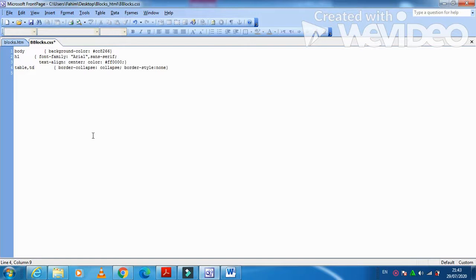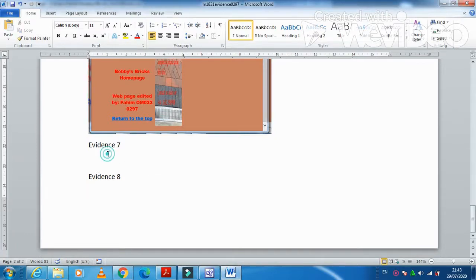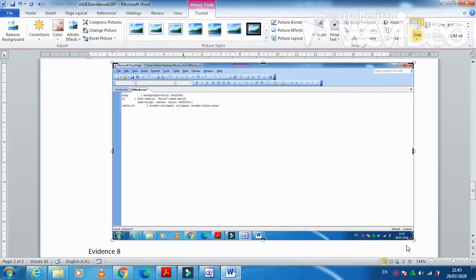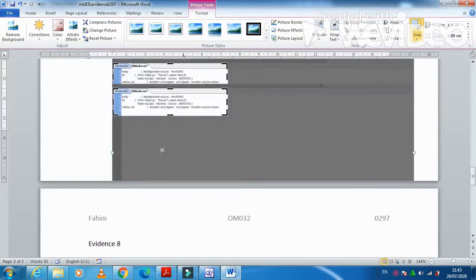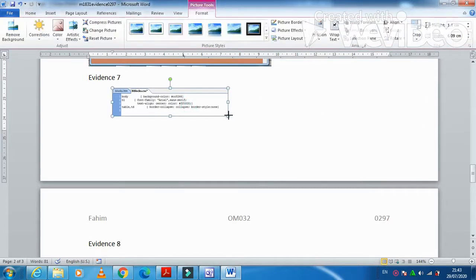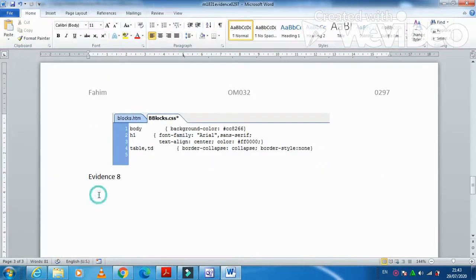You just take the screenshot of your style sheet, save, and then paste it as your evidence number 7 here. Yes, now you can crop this image as well so that the contents are visible for the examiner to be seen. Yes, and then make it bigger like that. This is your evidence number 7.